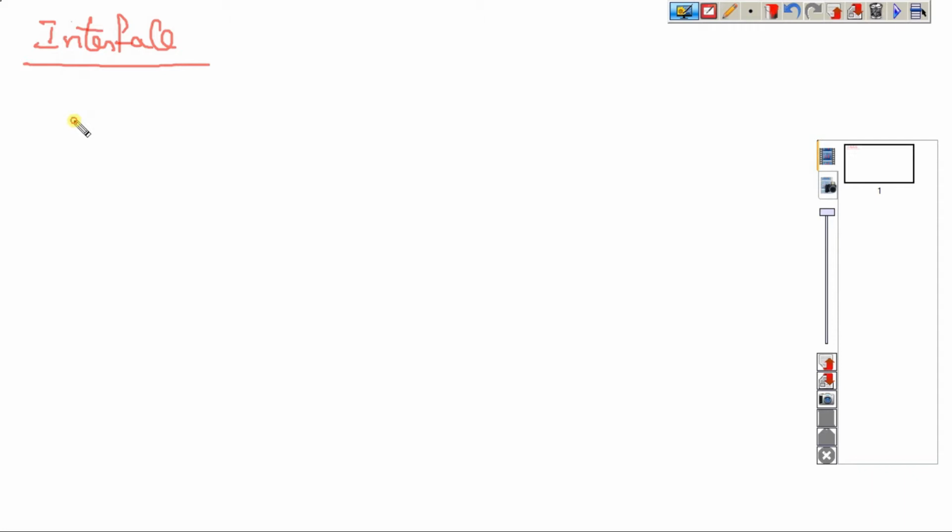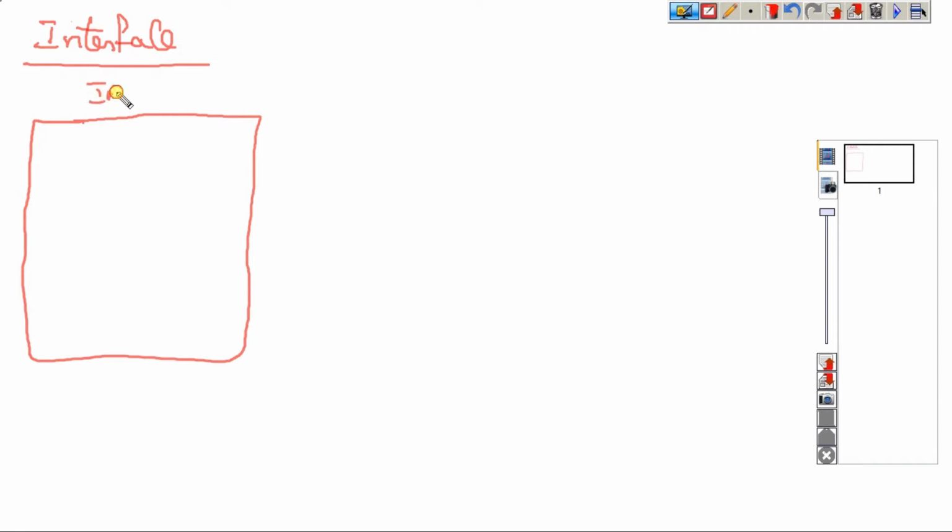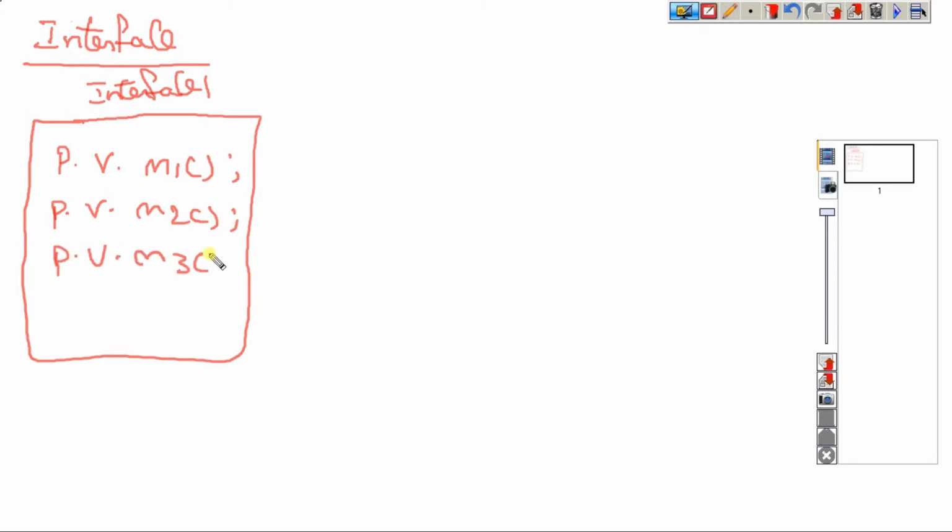Okay, so what is the interface here? See, this is the interface. It has so many methods. For example, this name is interface 1, and it has so many methods. Public void method 1, but no logic is there. Here no logic is written, only the method. Public void method 2, that's all I'm telling. Public void method 3, no logic. So an interface is a set of rules defined by us. It has so many methods but no logic.